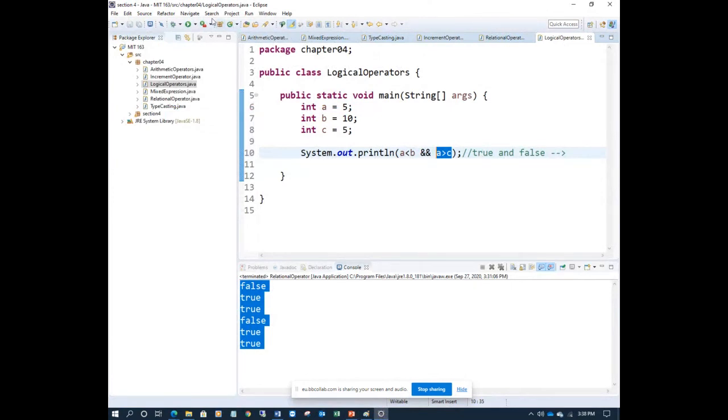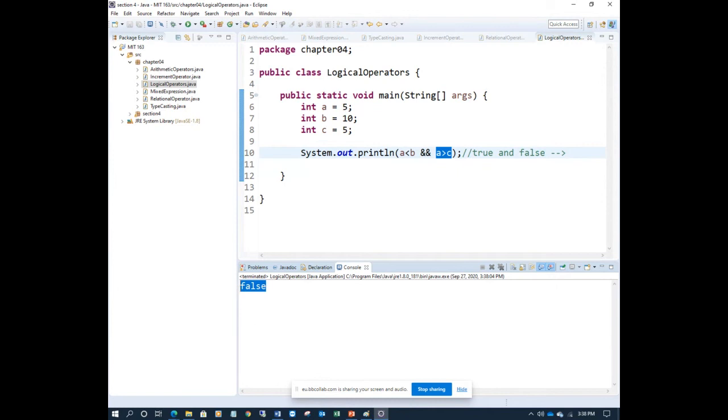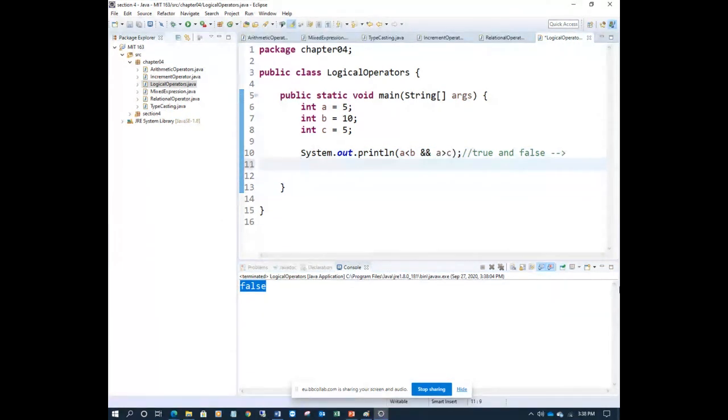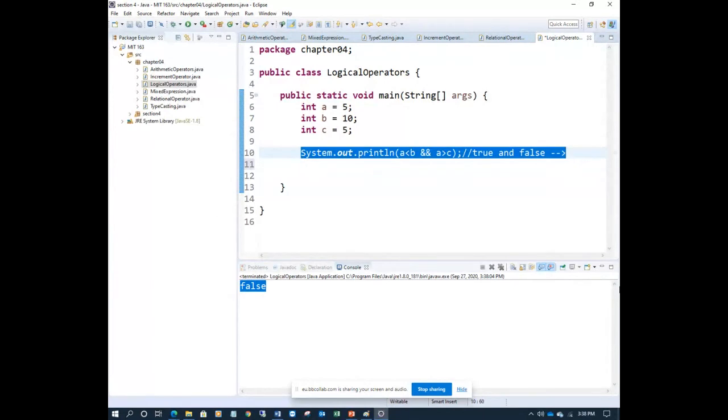Save it, run the program. The answer is false. Is it clear? So let's see another way. Let me show you here: a equal to c. So a less than b is 5 less than 10, true, and a equal to c, 5 equal to c, is true.